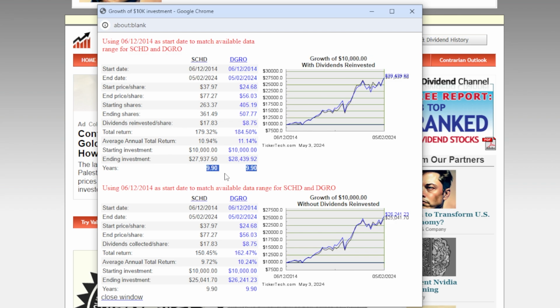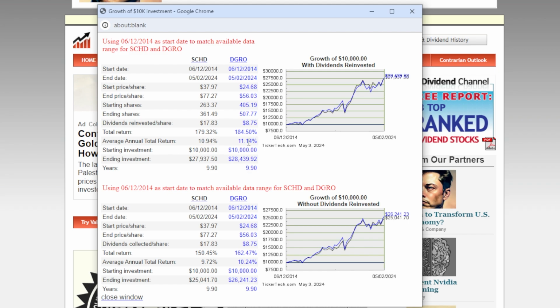So first off, this is over a 9.9-year time frame for both of these. SCHD's total return over this time frame, 179.32%, or annually we have 10.94% on average. Now DGRO, the same exact time frame, 184%, or per year 11.14%, making DGRO the winner at least over this time frame of 9.9 years,